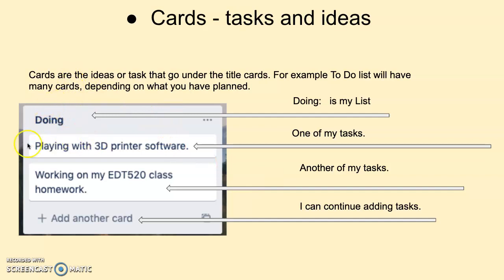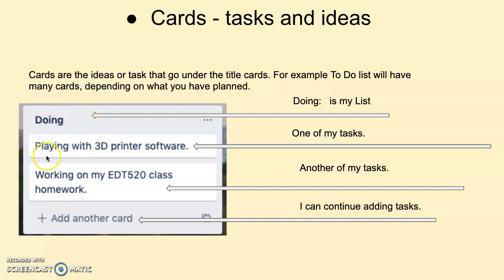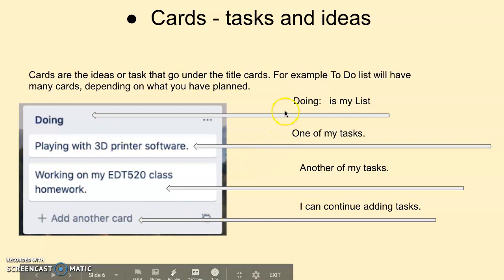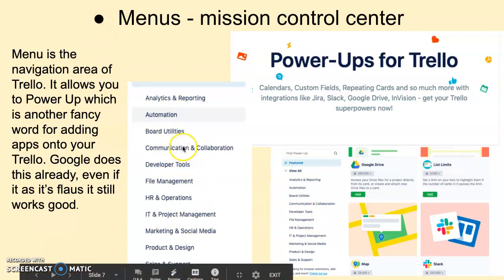Cards are the ideas or the tasks that go under the lists. So if you're doing something, this is the to-do list, and these are the tasks, and as you finish, you can delete them. The menu is the navigating tool, and you can see from here that it gears towards many